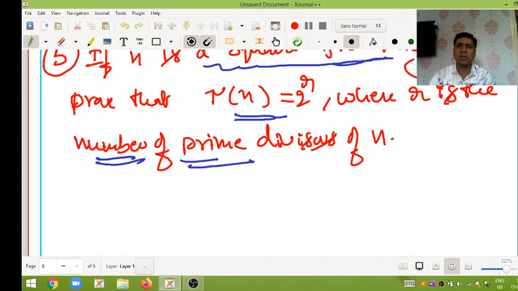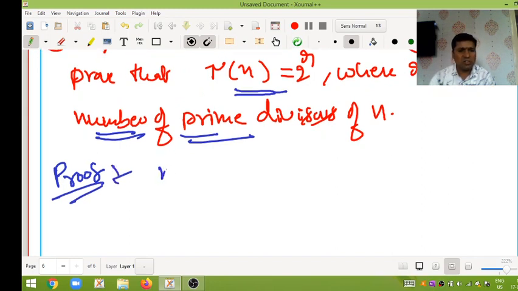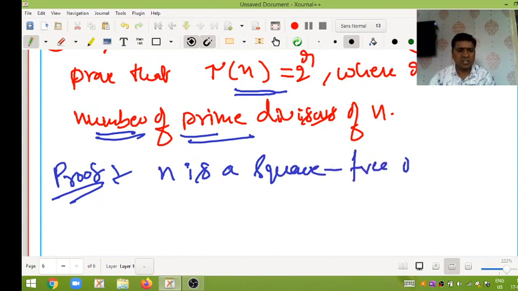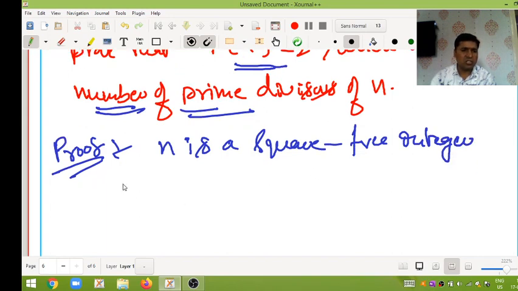Remember it. Okay, my dear students, if you understood this question, I will move on to the solution part, or proof part. We want to prove this one, so that's why the proof part. Here what is given? n is a square free integer is given. Square free integer means n value. So that's why let n be equal to